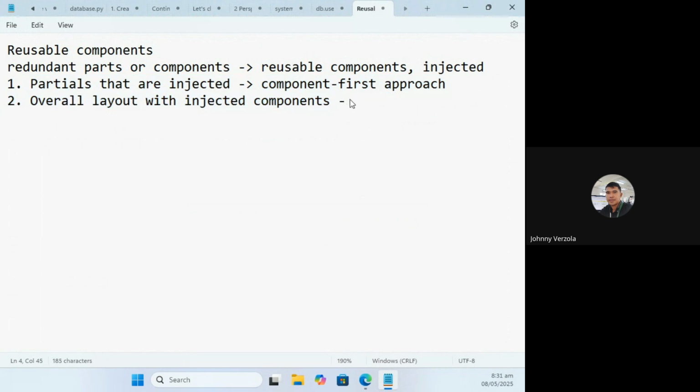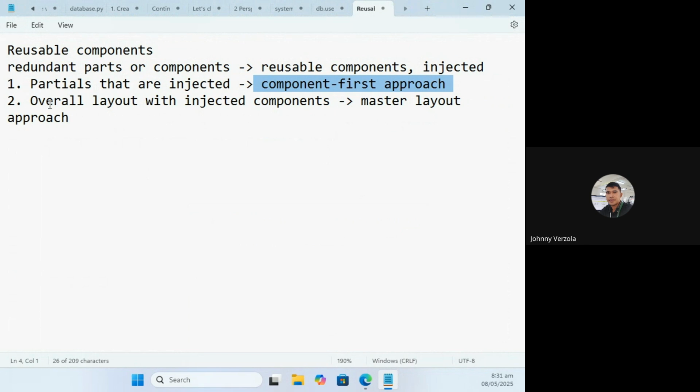Let me just show the master layout approach. The difference of these two approaches is just the order of what you deal with first. In the first one, you deal with the component first, and then place that in the layout you want them to be included in.